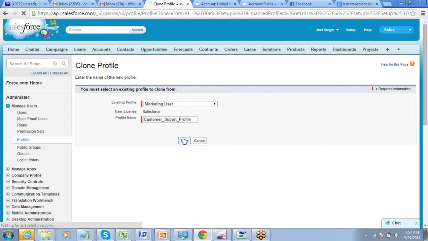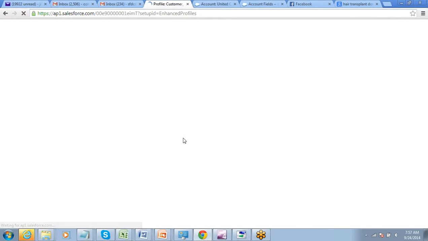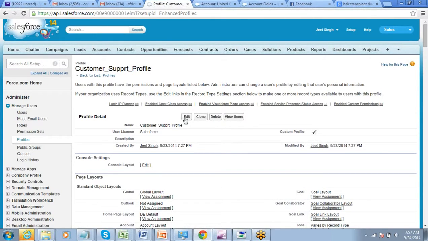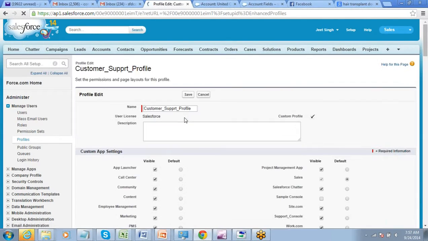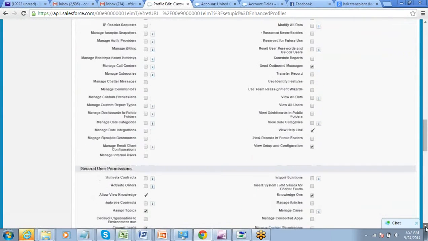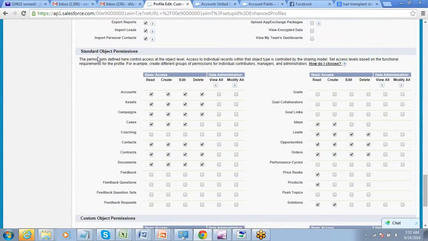Click on save. Now this is a custom profile, right? So for a custom profile, you can edit everything. You just click on edit. Scroll down, see apps, tabs, everything is editable. Standard object permissions. If you don't want delete permission to be there, remove it. Don't want to allow the users to delete records, remove the delete permission.